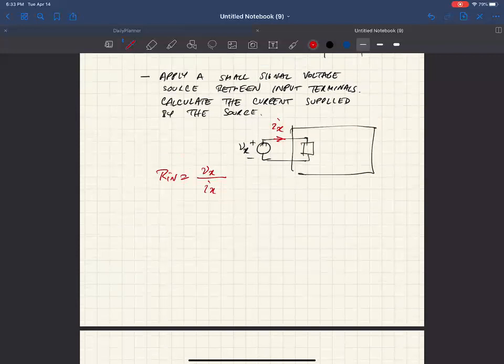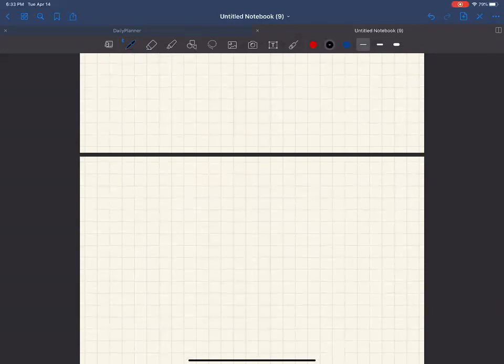And if we just look at the common emitter, let me go to this page. So to calculate,